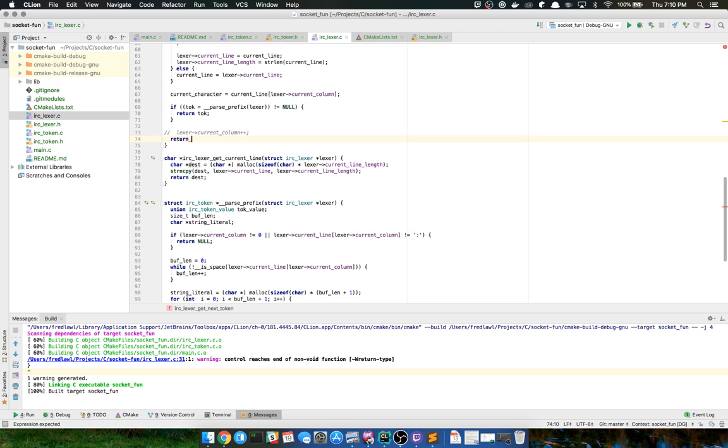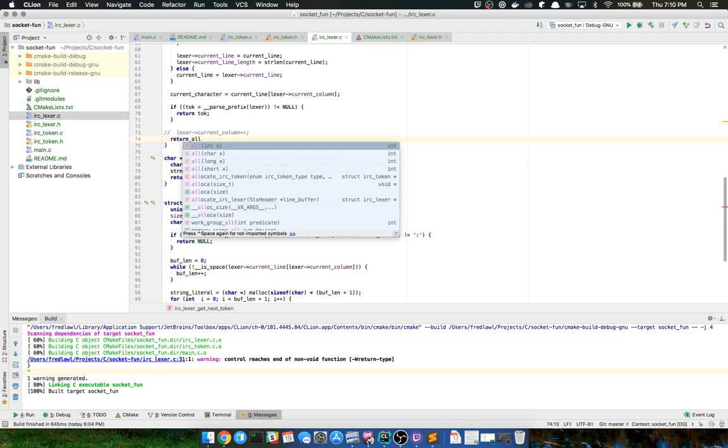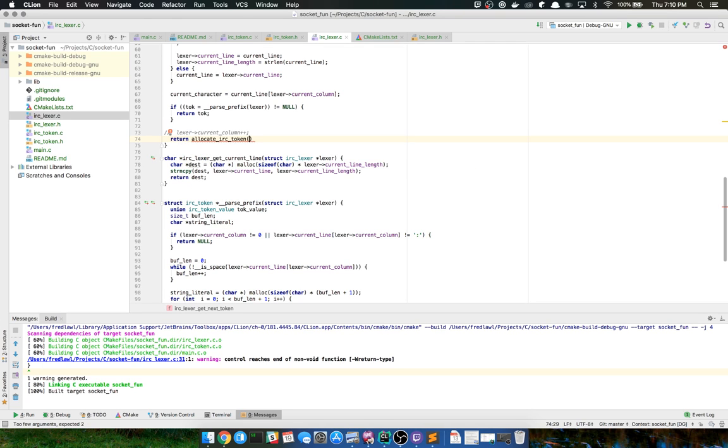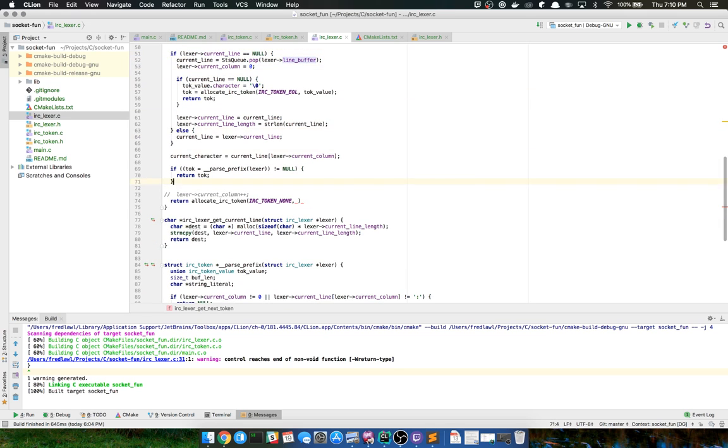Yeah, I think what I want to do as a de facto return is IRC token, token none, right? Or EOL.